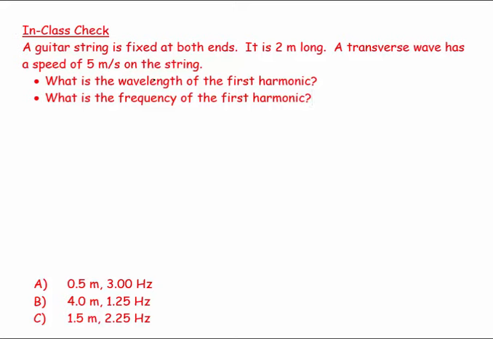Welcome. This question says a guitar string is fixed at both ends, as guitar strings are. It is 2 meters long. A transverse wave has a speed of 5 meters per second on the string. Then it's saying what is the wavelength of the first harmonic, and then what is the frequency of the first harmonic. Okay, so the first thing I'm going to do is visualize my guitar string,